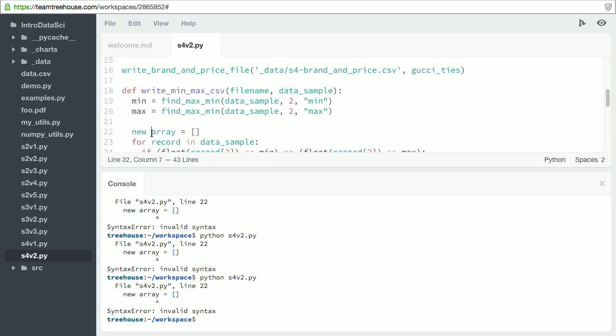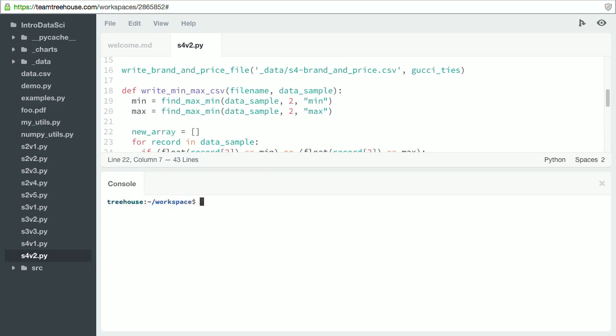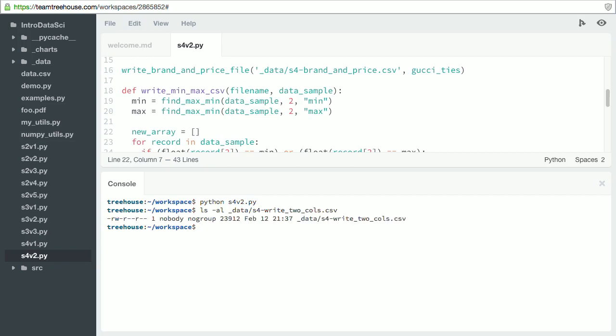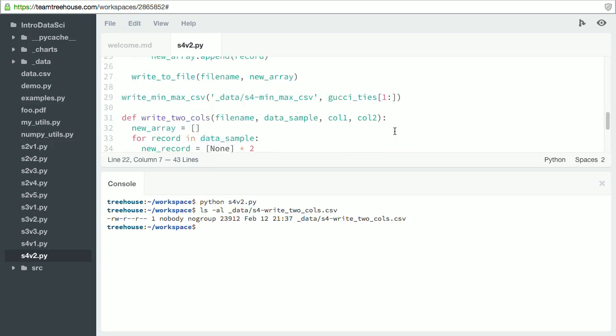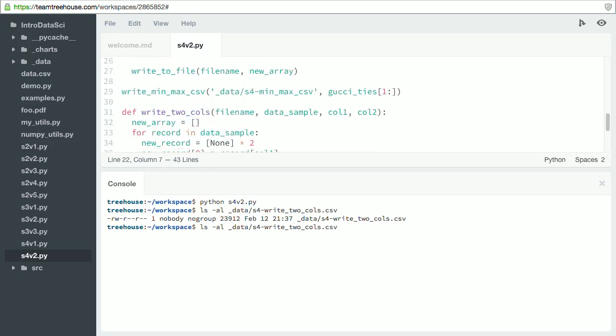Great, I made the same mistake in 2 functions. All right, let's clear that and run it again. So we have those files created,